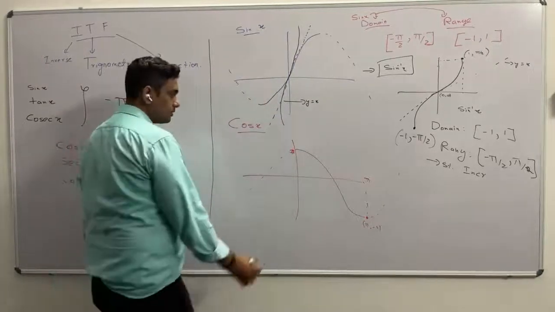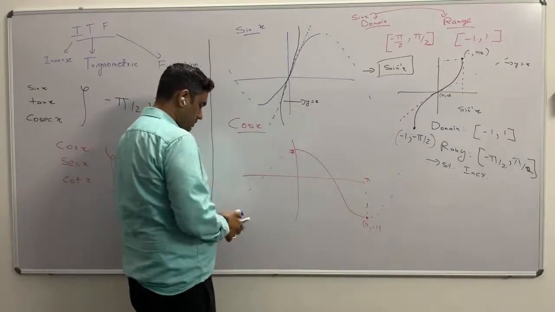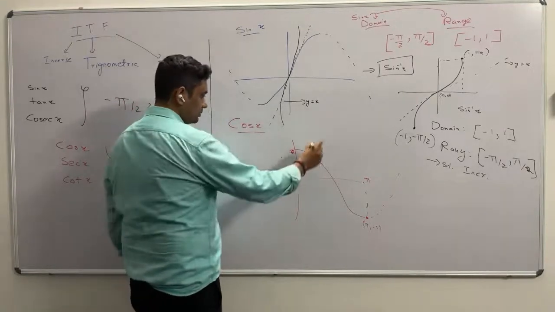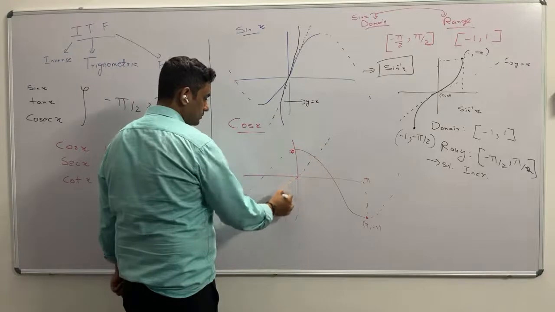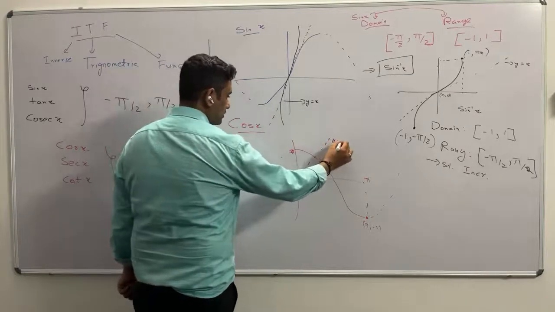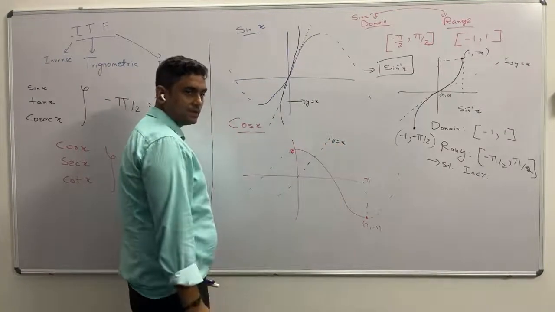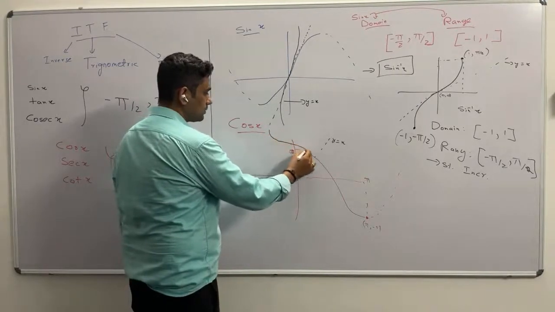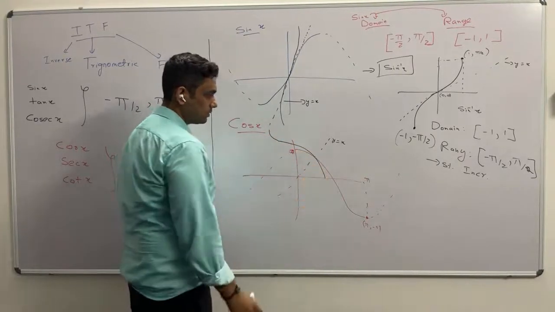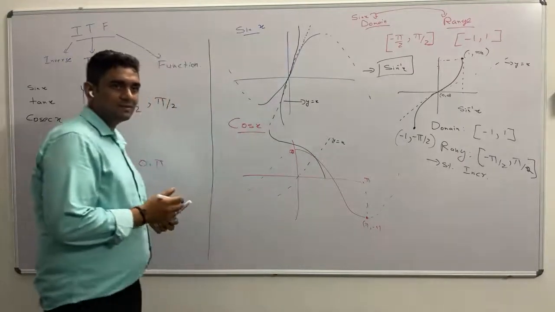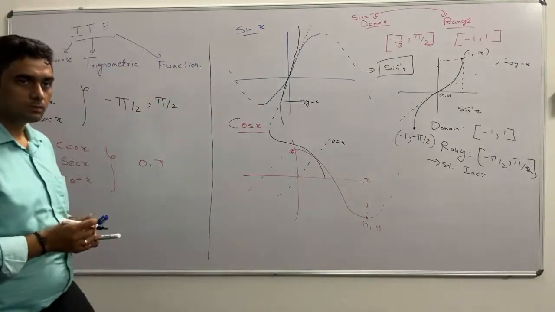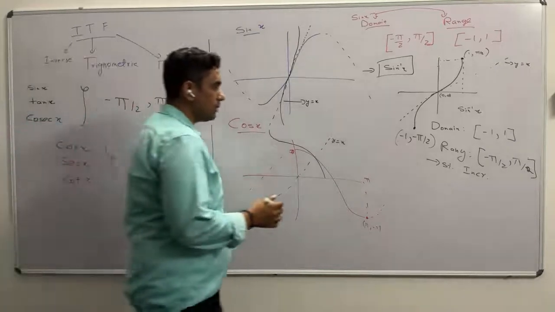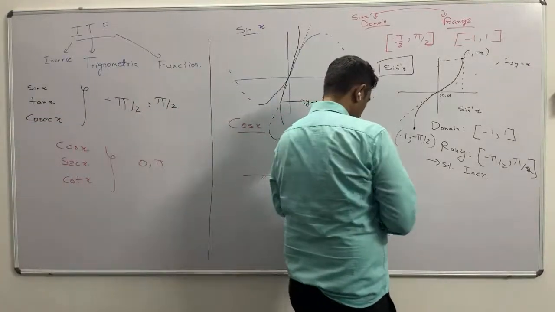Now we have to draw the line y equal to x. So this line will be y equal to x. If we take its mirror image, the mirror image will look something like this. So if you talk about the graph for cos inverse x,